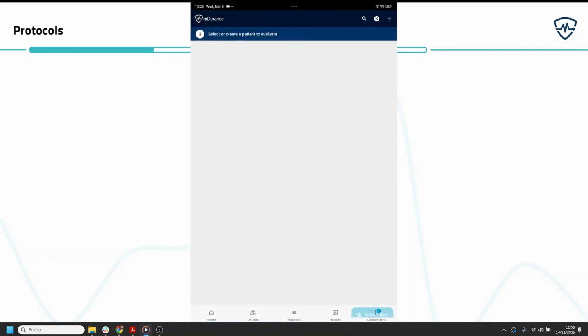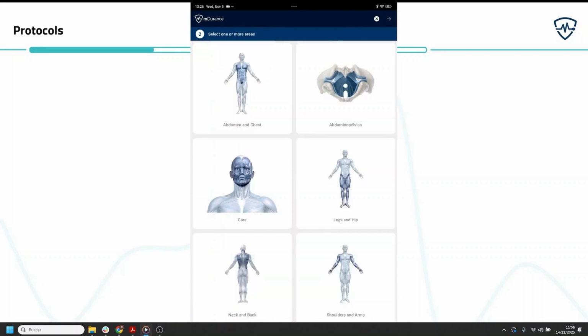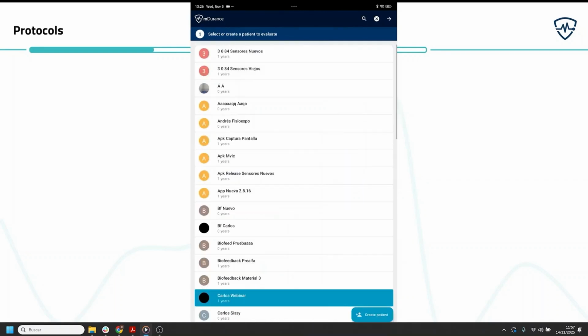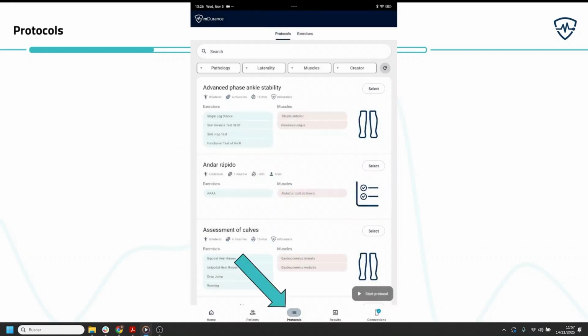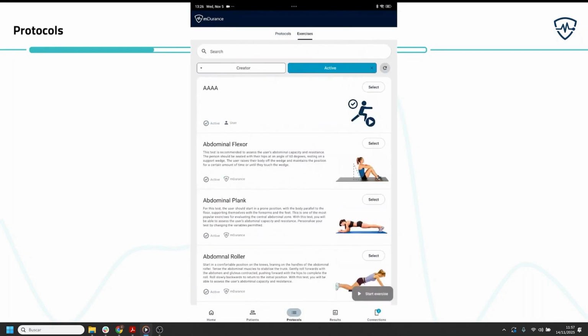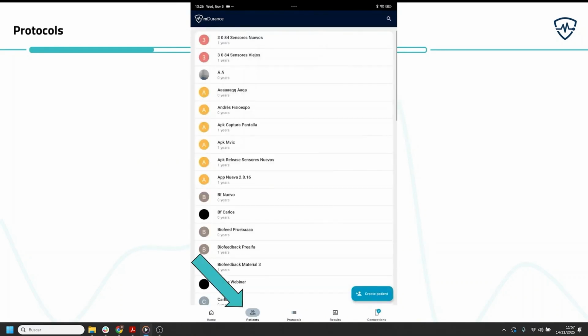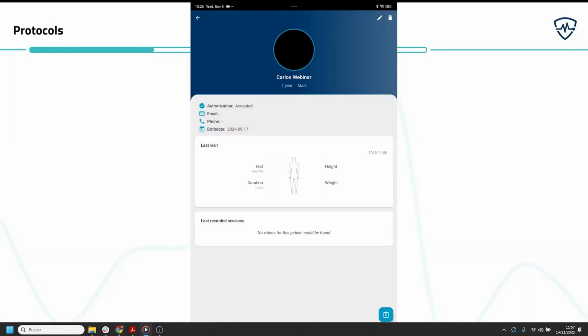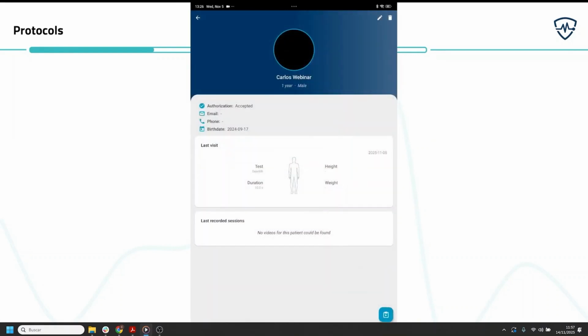Of course, in addition to the protocols, we can still perform a classic test as usual. We can select the classic test from the menu by tapping on Classic Test. We can also do this by tapping on Protocols and scrolling to the Exercises section or in Patients. By starting the classic test,